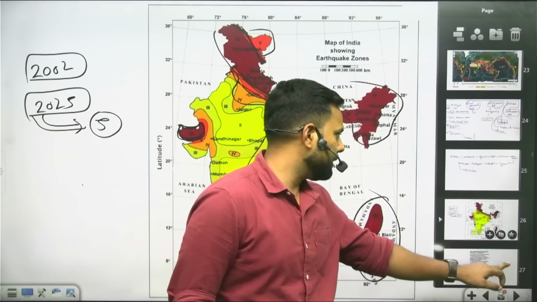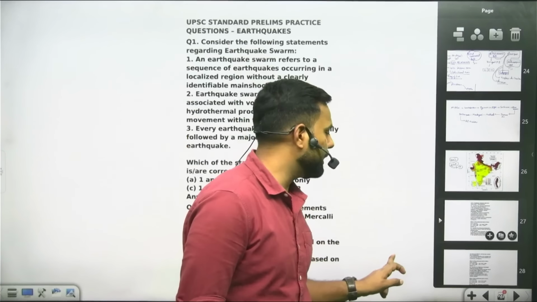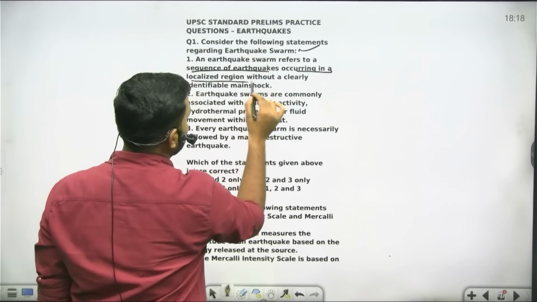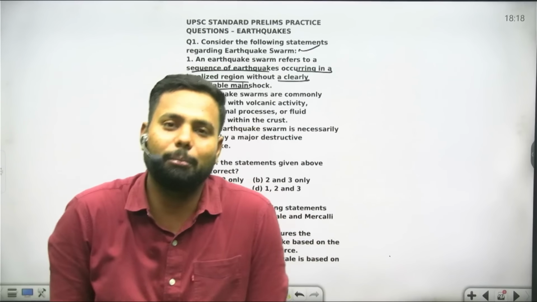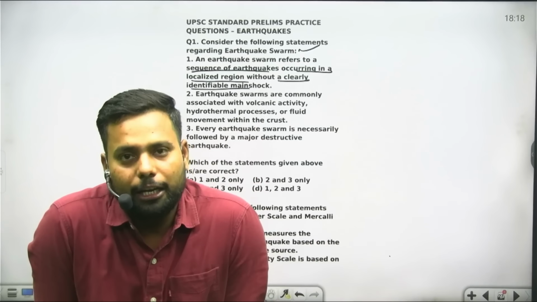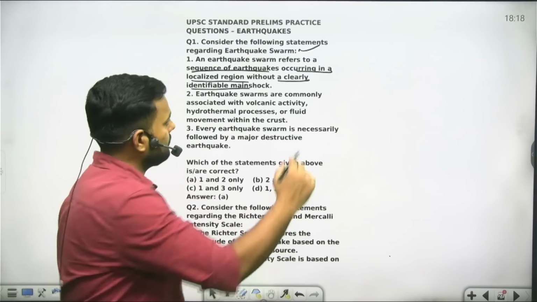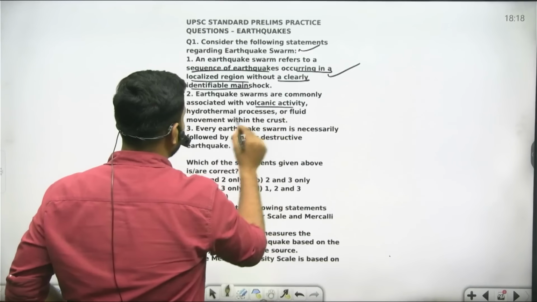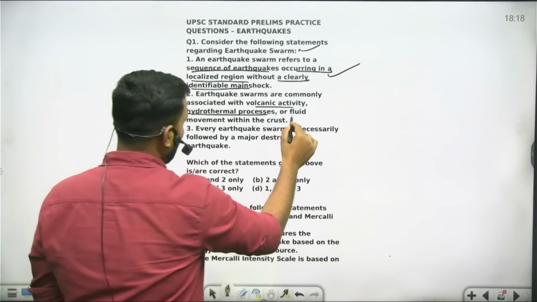Now at the end of this session we will look at some questions so we can evaluate ourselves in a better manner. तो पहला प्रीलिम्स का क्वेश्चन क्या है भाई, जरा देखो. Consider the following statements regarding the earthquake swarm. अभी पढ़ाया है, अभी चेक कर लेते हैं. तो पहला क्या है, an earthquake swarm refers to the sequence of earthquakes occurring in a localized region without a clearly identifiable main shock. अभी तो बताया था कि earthquake swarm में क्या है, we are unable to find out the main shock or focus. तो the first statement is right. Second, earthquake swarms are commonly associated with volcanic activity, hydrothermal processes और फ्लूइड मूवमेंट